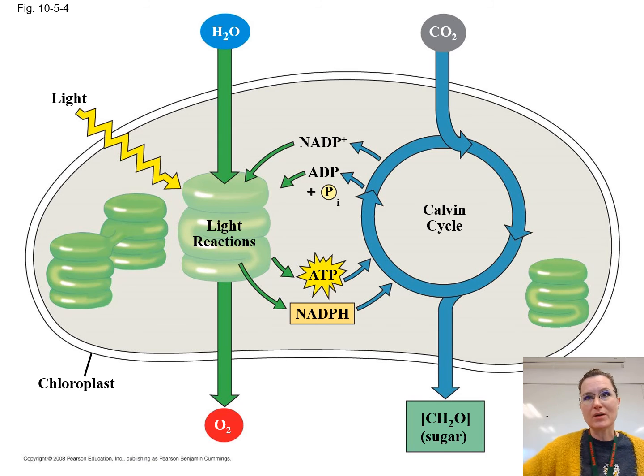And so if we look at this, and we're going to fill in our little picture in a little bit, up here on the left-hand side, that sort of light, that's the sunshine. And so it comes in, breaks the oxygen and the hydrogen apart. We get rid of the oxygen. The H goes onto the NADP+, and then we made some little ATP. And then we go into the Calvin cycle, or what I like to call the